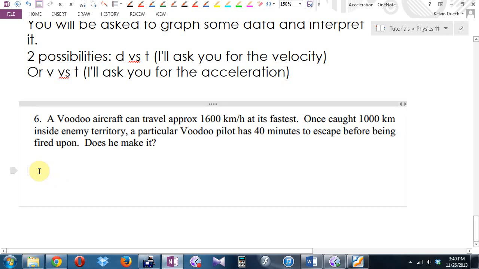What's this question asking me to find? This is an application question, Darian. What's it asking me to find? I think when it says, does he make it, what's his time limit? I need to solve for t, and if t is less than 40, he survives. If t is more than 40, and I'm going to have to do some unit conversions here. So I'm going to write down